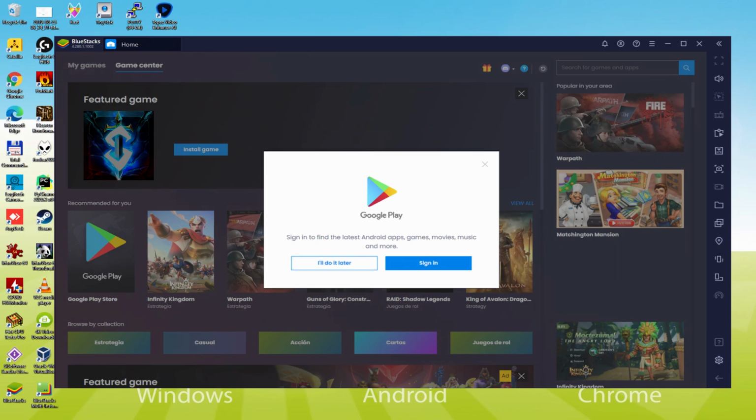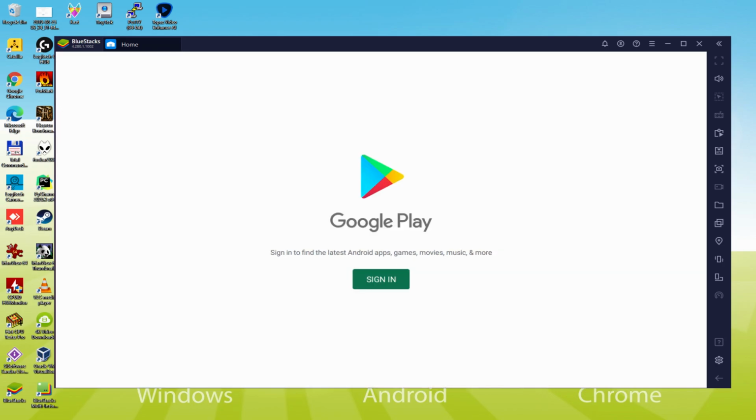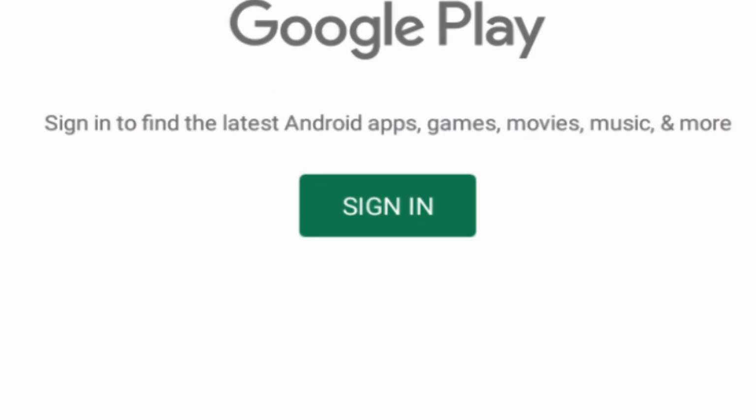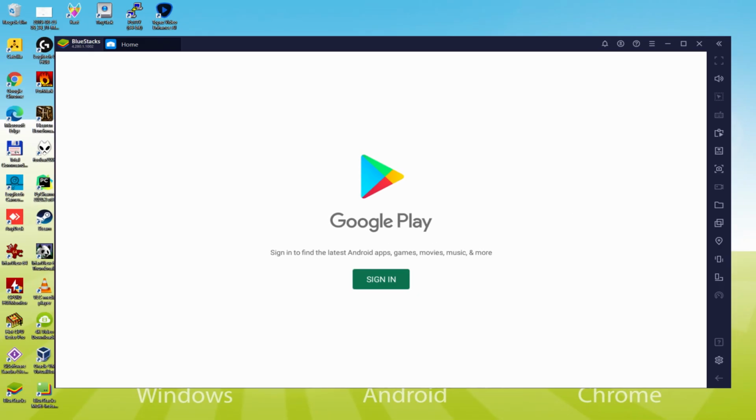We should perform the next step, which is actually a requirement, and this is to log on to the Google Play Store. As you can see now, Google Play is launched. Here we have to sign in. At present, as soon as we are right here, we have to execute this next step that is imperative. So we click on Sign In.